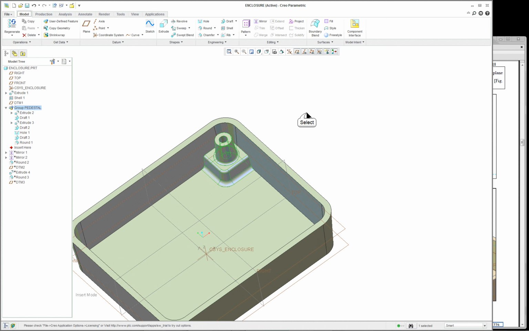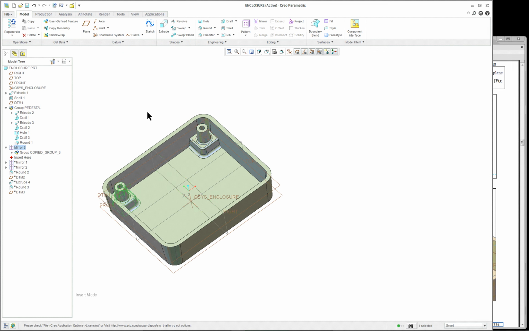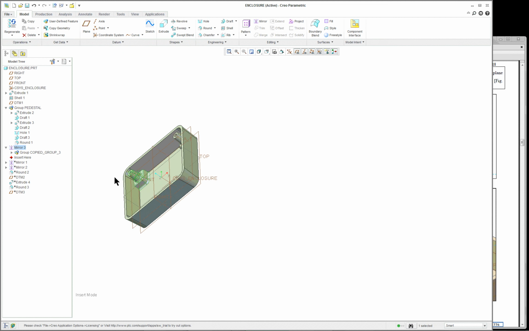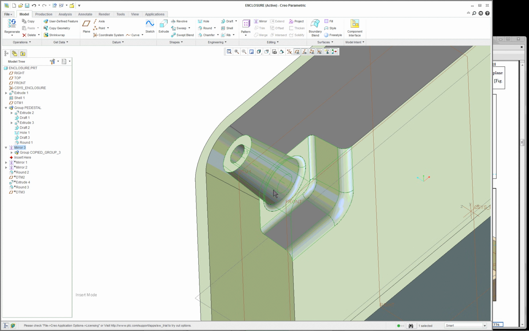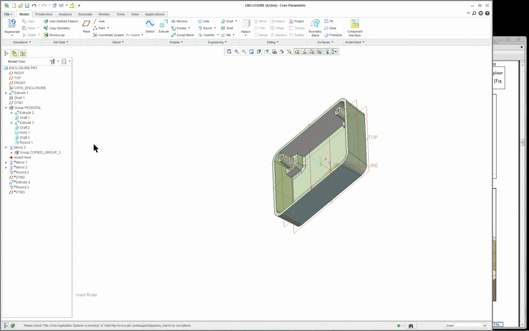Mirror tool doesn't become active unless something is selected. Now it's available. And if your dimensions are right, it'll mirror everything over. If you get a failure, it means some of your dimensions are wrong. And going in the other direction,